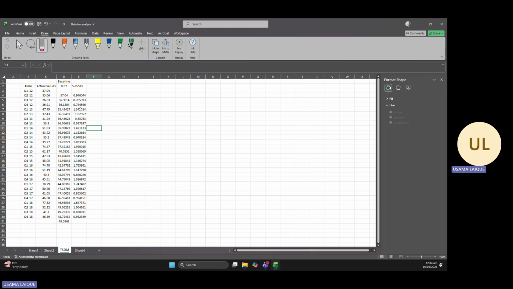Now, what to do after that? After that, we are supposed to estimate something called the average seasonal index. Before doing that, we need to generate a dummy variable, and let's call that dummy variable 1. So we'll give